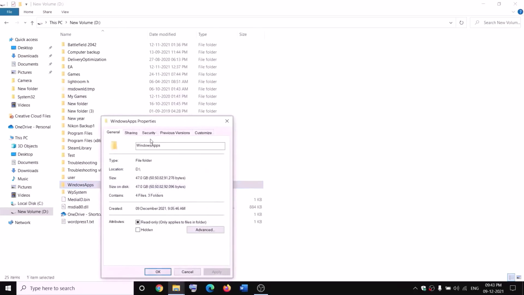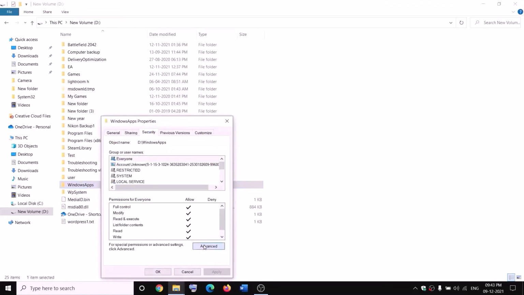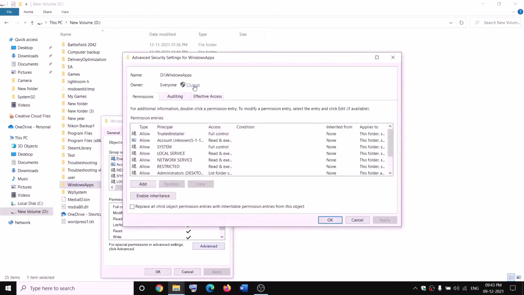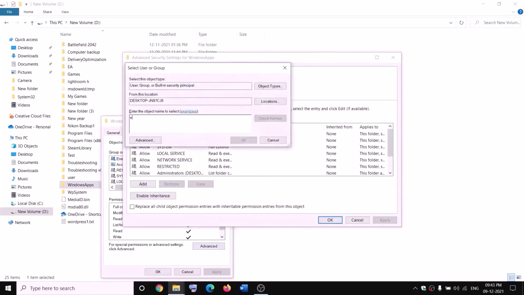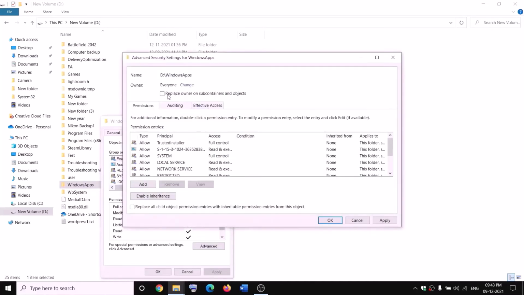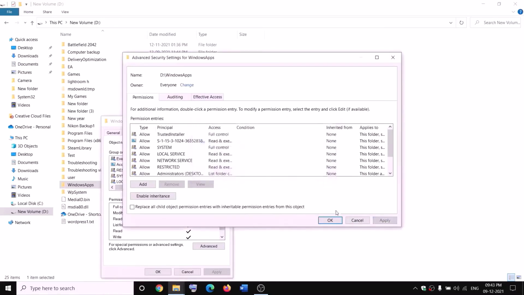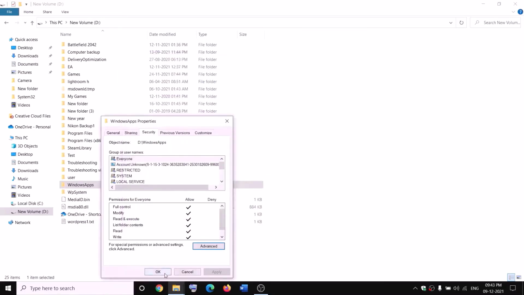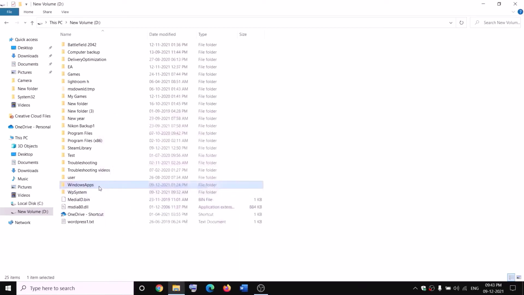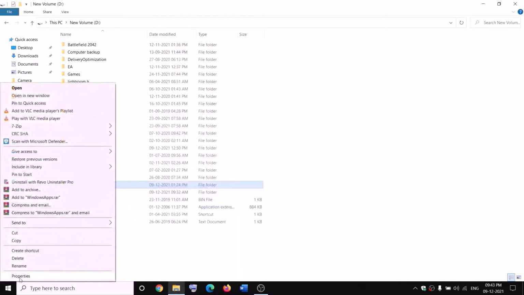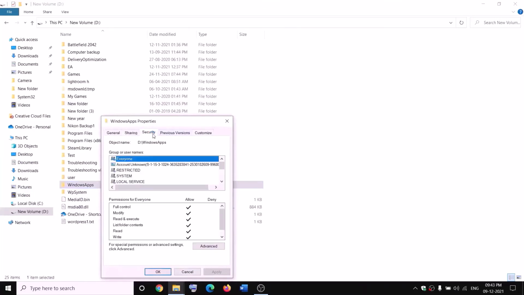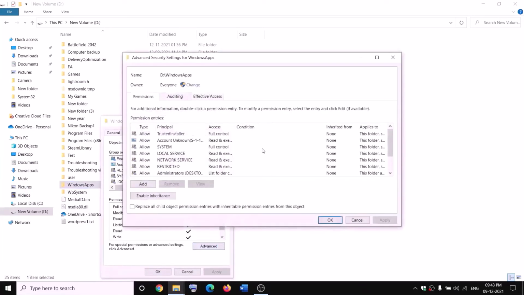properties, go to the Security tab, Advanced. Now click on Change over here, type in Everyone in the box. Now click on Check Names, then click on OK. Now put a check on the box which says Replace owner on subcontainers and objects, and then click on Apply. OK, OK, again OK. Again make a right click on WindowsApps, select Properties, Security tab, Advanced, and this time